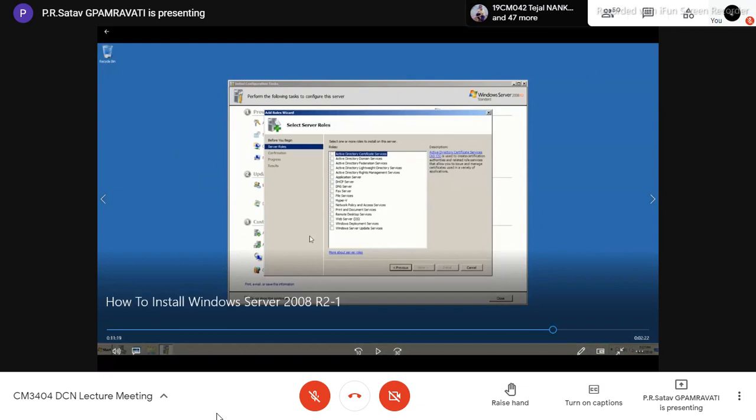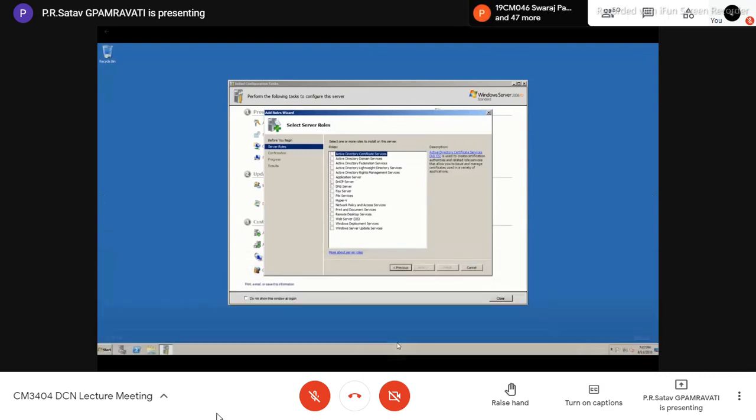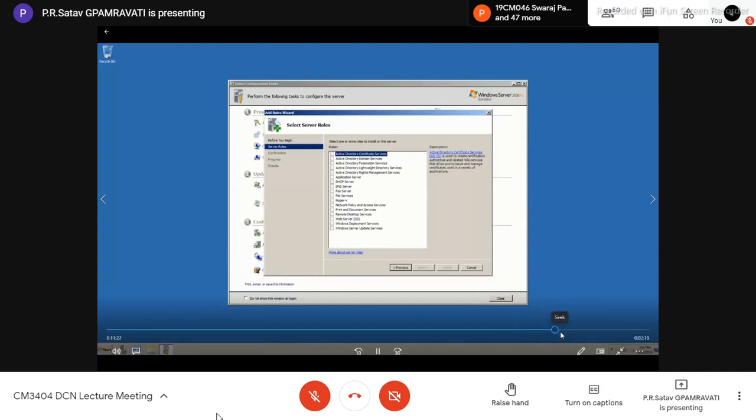In this case, as our practical is with the DHCP server, when we install this type of server in our network, we can select the DHCP server role and configure it. Anyone can select any role and go ahead.